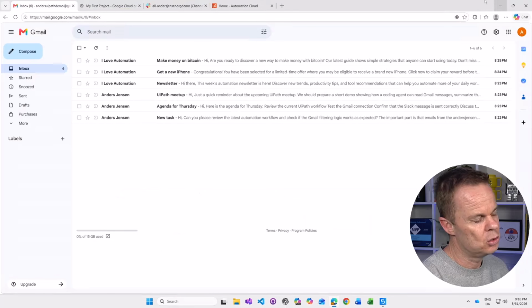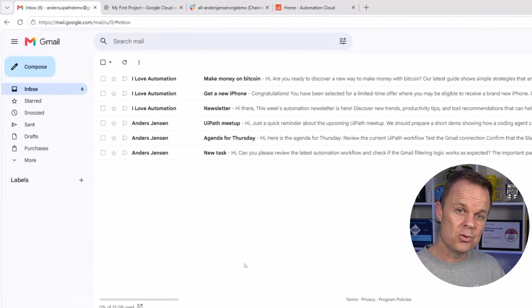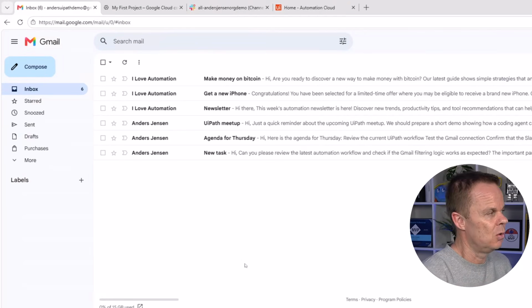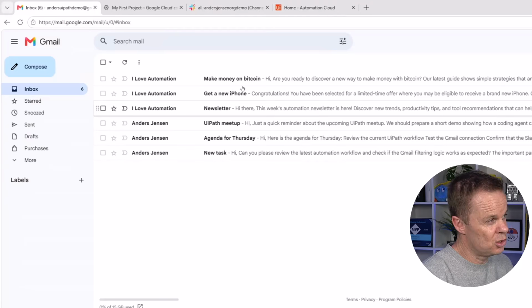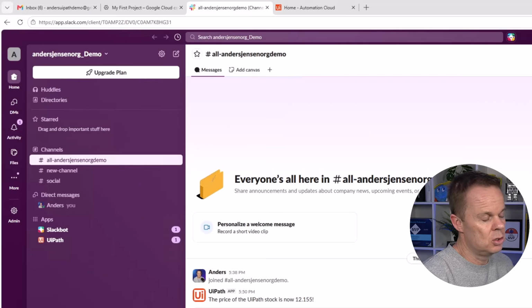in UiPath Studio. So we want to create an automation that reads our Gmail inbox, summarizes, and posts it to